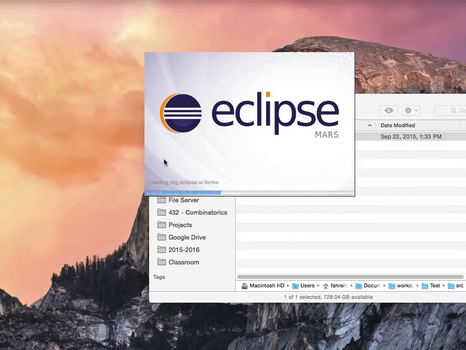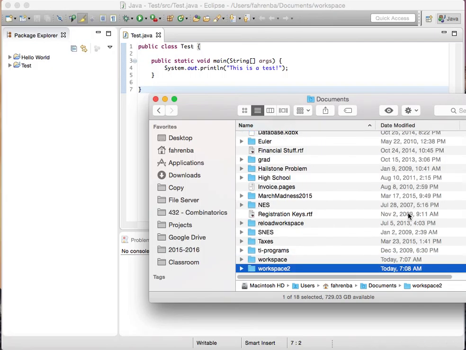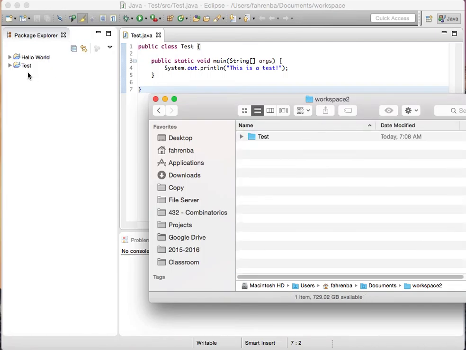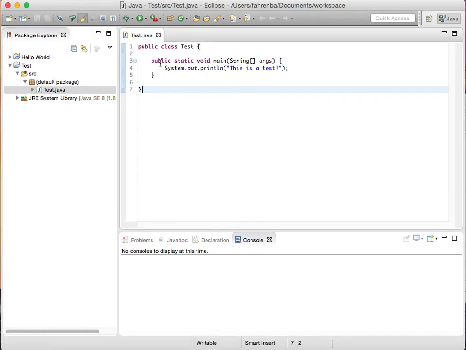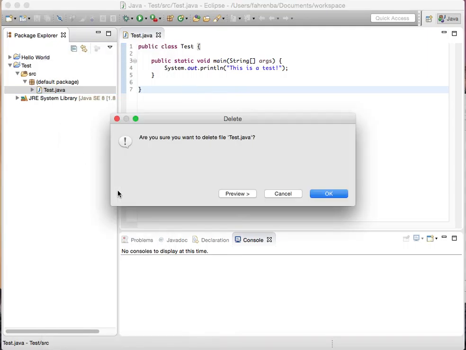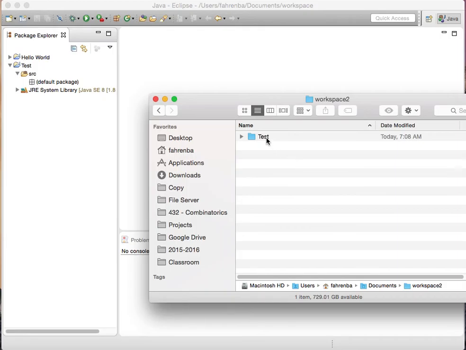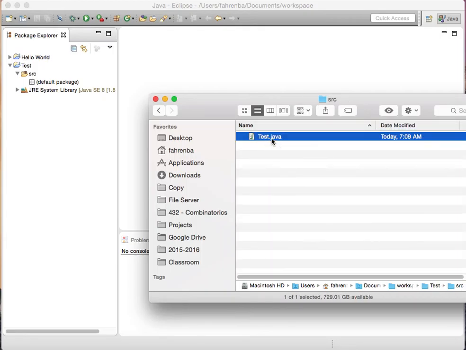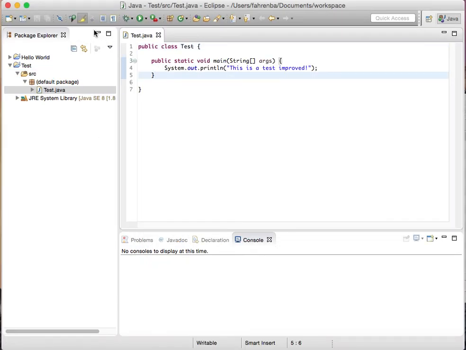And what we're going to do is kind of two steps. The first step is that we have to download the file again that we want to put into our project. So here's my school account. Here I've got the old test file. This is the one I want to update. So I'm going to delete it because I don't need it anymore. And then after you download the file you want, so here's the downloaded one, I would then drag and drop it into the SRC folder. It'll copy it, and then you can see here I've got my updated version, which I can run